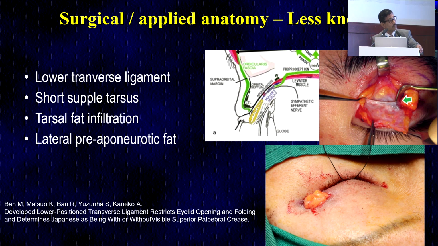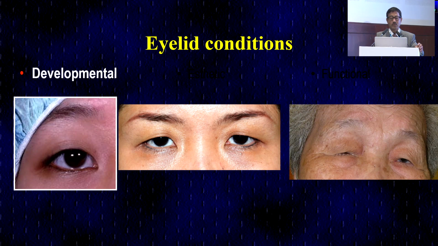For example, if you look at the bottom right, a standard anatomy textbook will say there's an upper medial fat pad, there's a central fat pad. But in our East Asians, we even find lateral fat pads. That's where textbook anatomy that we read, written from the West or anywhere else, may not always apply towards the East. These are common eyelid conditions you see in children, developmental conditions such as epiblepharon, and as they become young